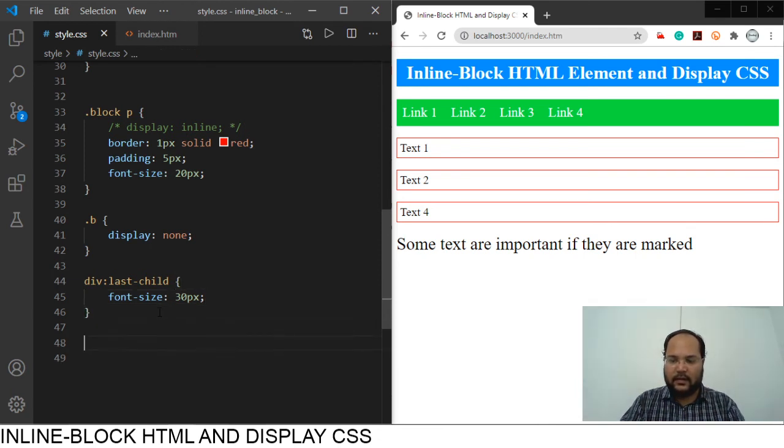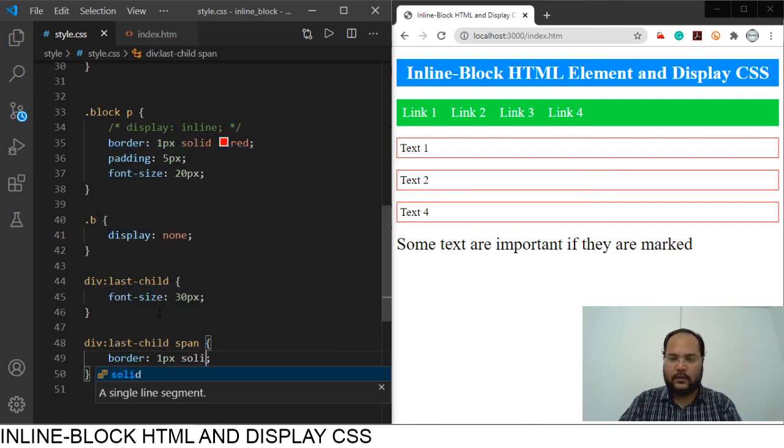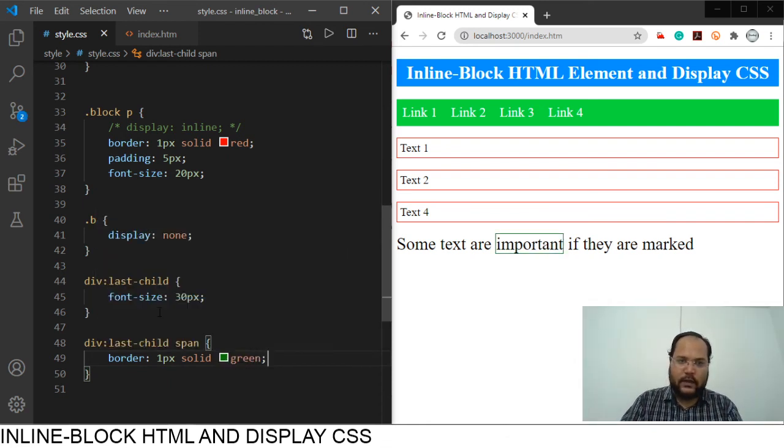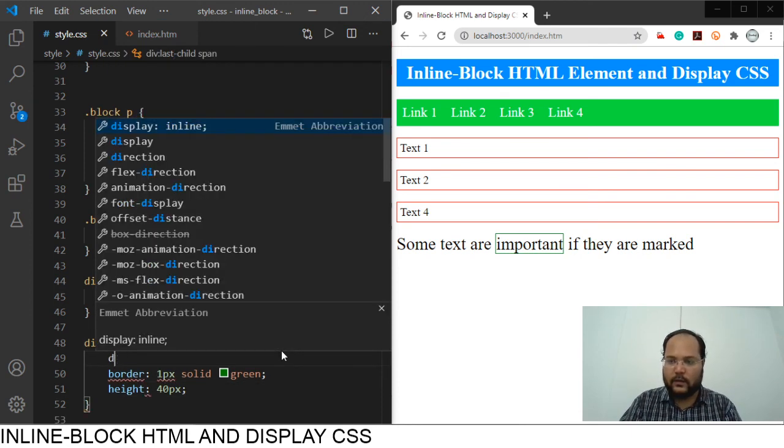Now inside this last child div element, I'm going to define the span tag CSS, span on that last child. Here if I put a border of 1px solid, and let's say the color will be green. Here you can see the style is added on that element, and if we set a height, it is inline, so it's not going to work, we have to convert it. Before that I will show you what the effect is if we add a height: there is no effect. But if we change the display of this span tag